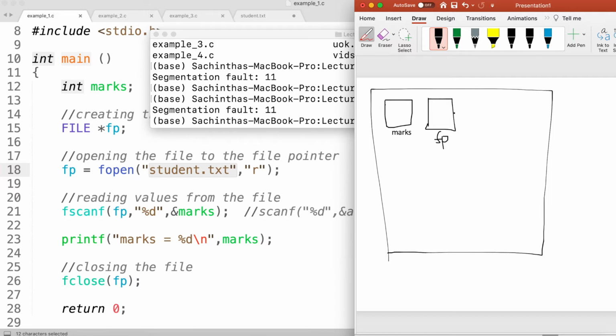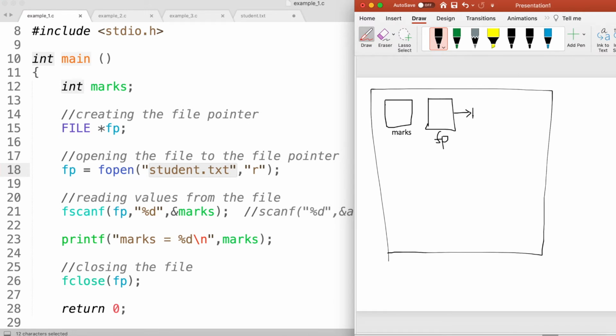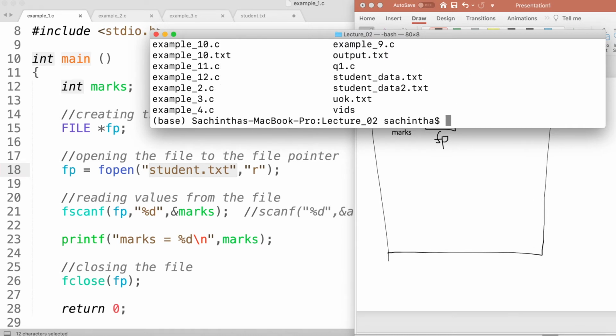When it executes that file pointer declaration statement, it will declare a file pointer called fp, and once declared, it is assigned the null file pointer, null. So it's not pointing to anything, it's pointing to the null file pointer, right? In the next statement, we are trying to open the student.txt file with read mode. So now, do we have the student.txt file in the current folder? If you look at the content of this folder, there's no file called student.txt.